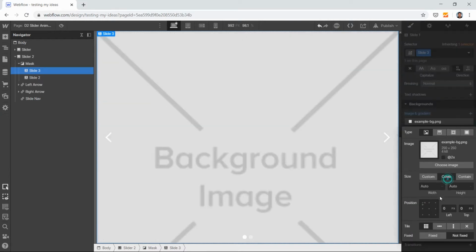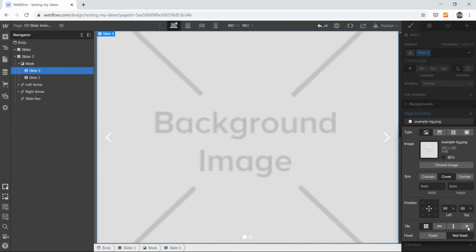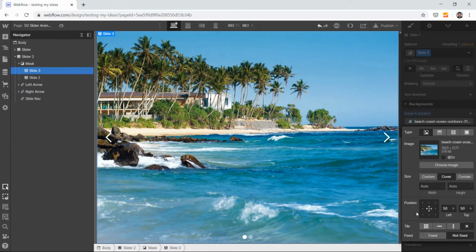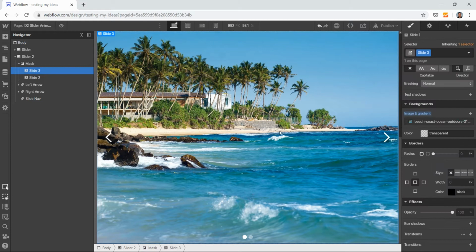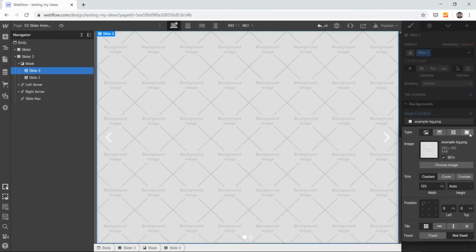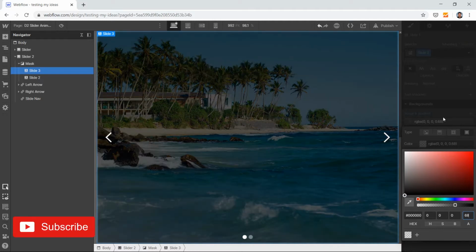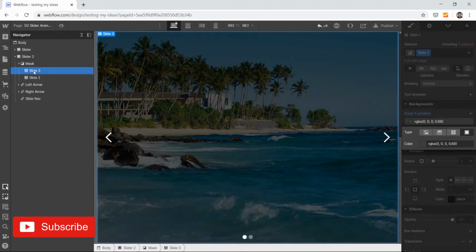Let's say I want to give it a, let's make it a cover, position center. I don't want the tile, and choose this image, right? After selecting this, if you put any text here, it won't look good, so I will put some overlay here. So let's make this overlay 68 alpha, right? So now it looks good.